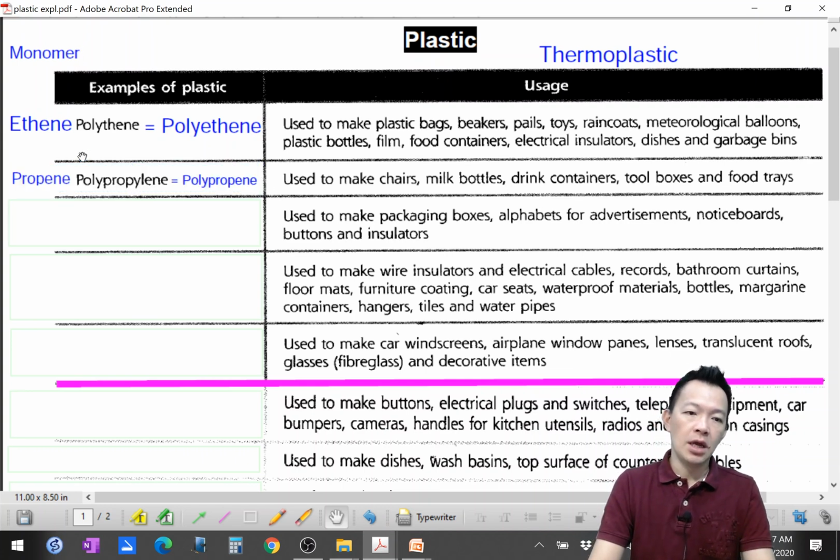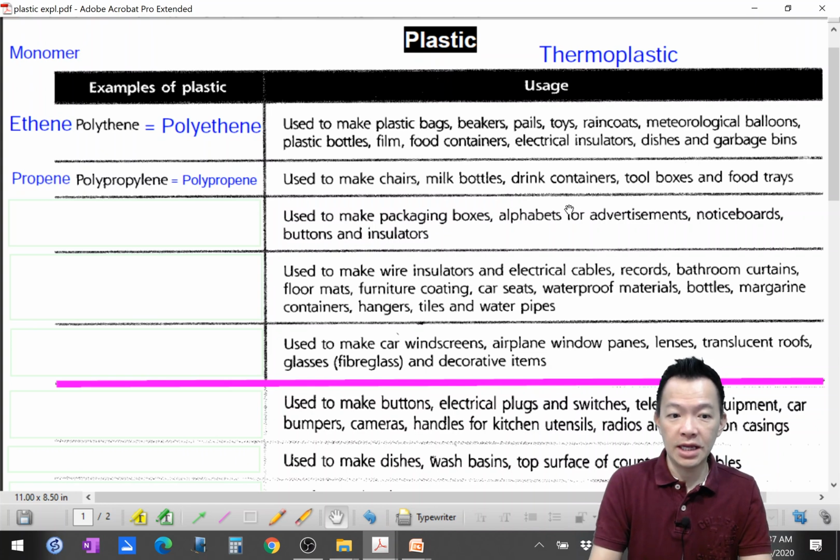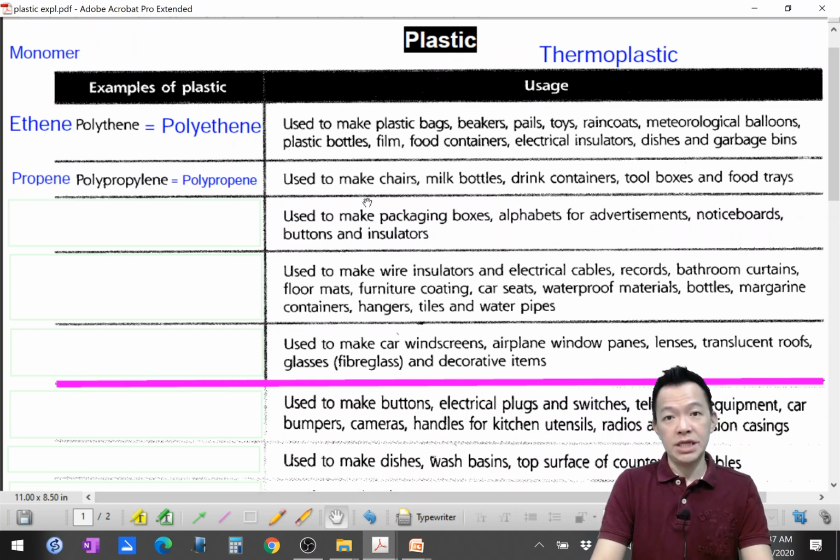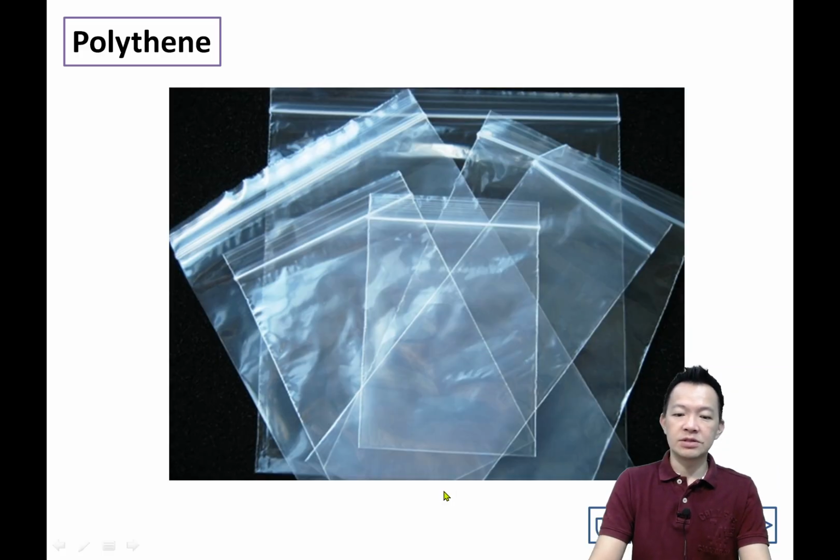Next we go to another plastic. Propene, propene, propene joins together and you become polypropene. 加一个 poly 就可以了. So what's meant by polypropene? Higher quality compared to polyethylene. 它比 polyethylene 更好一点点，它的 quality 比较好. Where can you get this type of plastic? 去哪里找这种 plastic 呢？